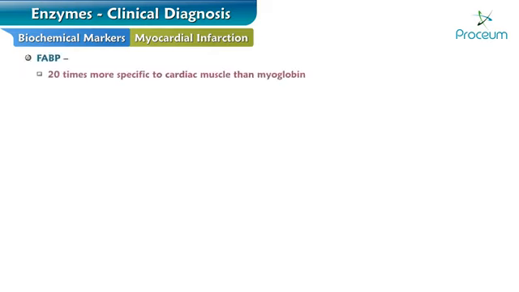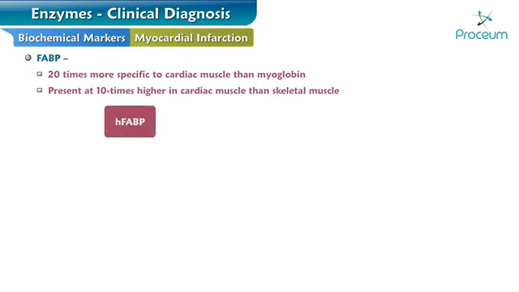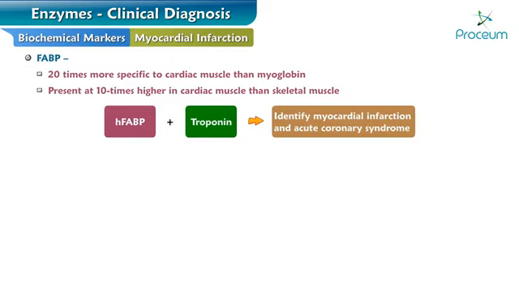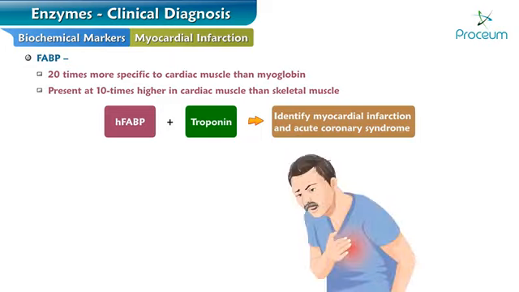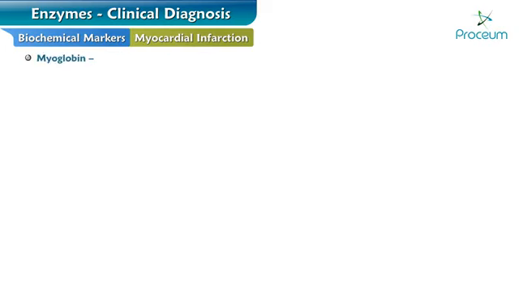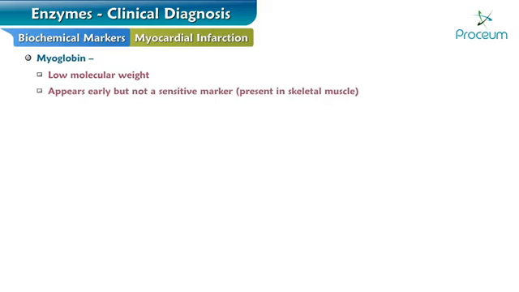FABP is 20 times more specific to cardiac muscle than myoglobin, and it is present at 10 times higher levels in cardiac muscle than skeletal muscle. HFABP is recommended to be measured with troponin to identify myocardial infarction and acute coronary syndrome in patients presenting with chest pain. Myoglobin, having lower molecular weight, appears early, but it is not a sensitive marker because it is also